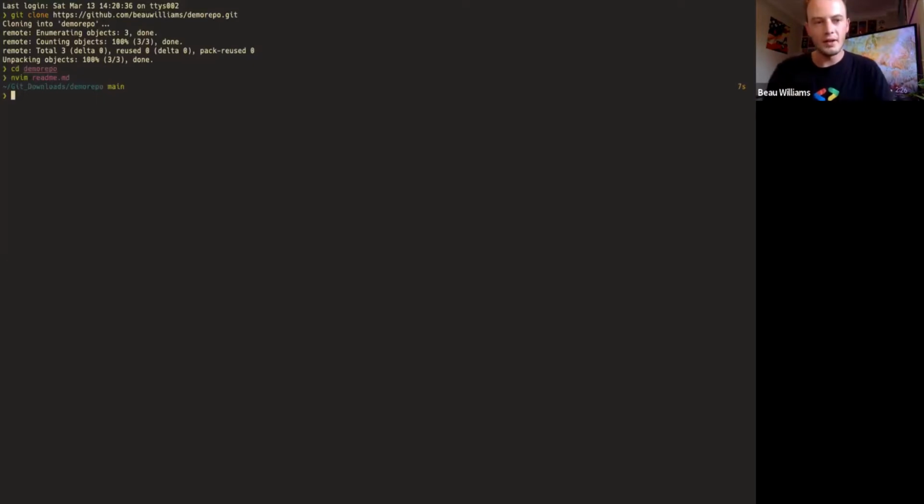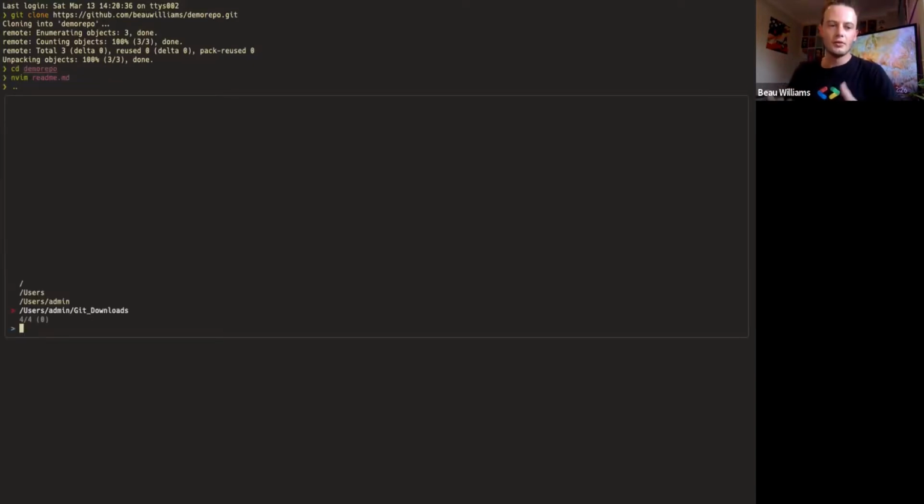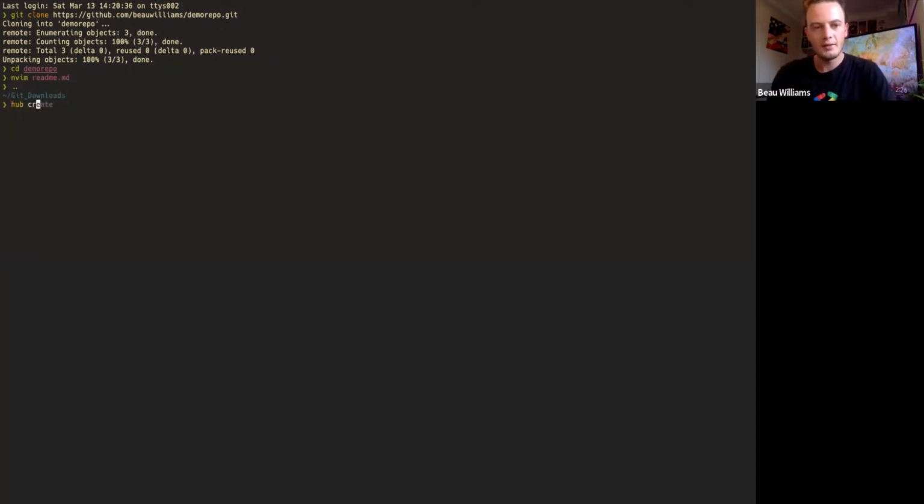So what we're going to do now is we're going to try out a new tool called the Hub tool. Now, what the Hub tool allows us to do is to go hub create demo repo, and we'll call it demo repo 2, just for the example. So that needs to be run in a Git repo. So we're going to go git init. In fact, I'm going to do mkdir demo repo 2.